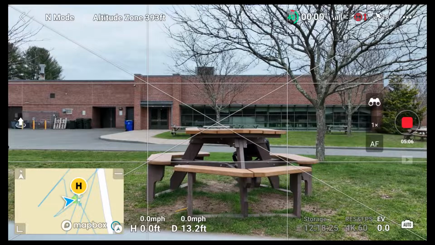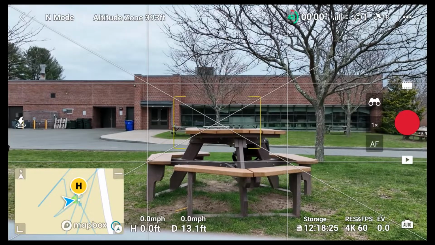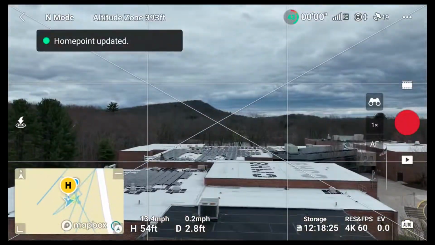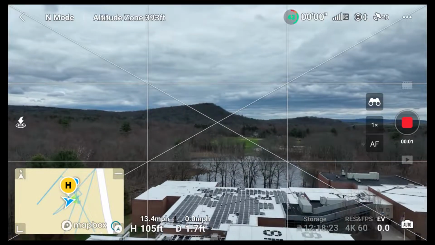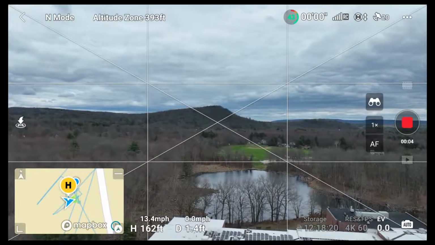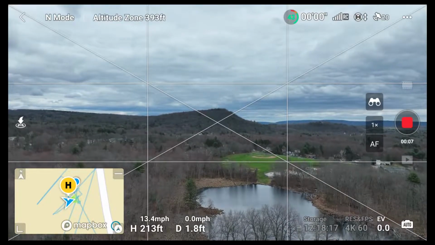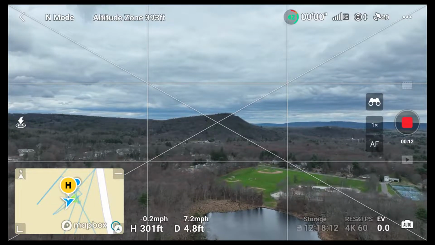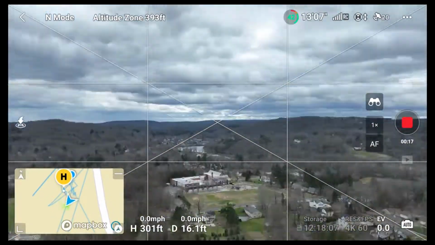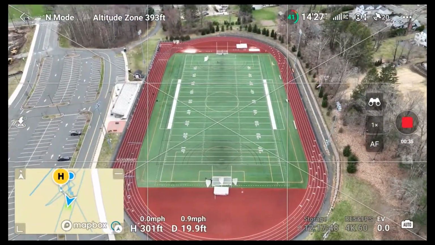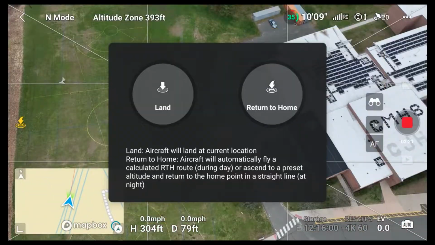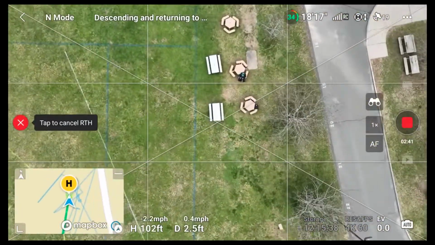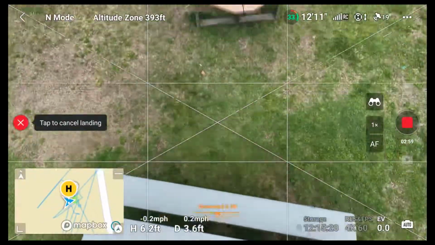So now that this has happened, I'm trying to figure out what is causing it. So I don't make any changes to the drone or the remote control, no settings changes, and I take off again, do a quick spin around once I'm up a couple hundred feet, make sure it's responding to my inputs and I'm getting good video transmission. Everything seems to be normal. I'll speed up the flight here, and then this time I decide let's try an automatic return to home, see how that works. And then you can see just as it's about to land, it once again has the same